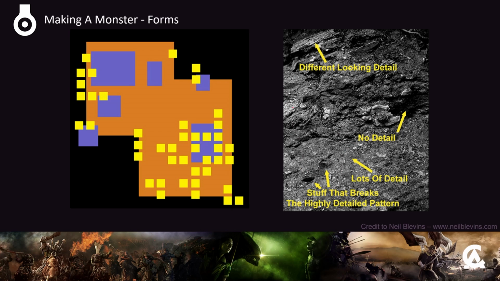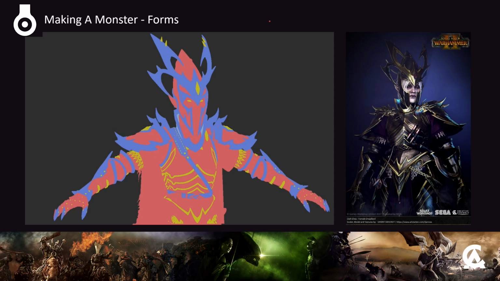And we can make things look more natural. It's an important concept to understand. For example, in the Dark Elf Dreadlords, here's an example and breakdown of the forms used in them. The primary forms are the silhouette, as you can see, all the red parts. The blue parts are the secondary forms, which still break up the silhouette, but in a lesser way. And the tertiary forms are specifically here, utilizing focal points and flow or areas of interest. Tiny little things, and you can see how it's a successful design based on a strong breakup of forms.